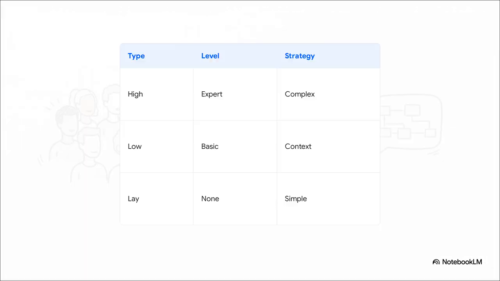Now, what's really interesting about this breakdown is how we handle varying knowledge levels. We just talked about the high-tech expert and the lay beginner. But right smack in the middle is the low-tech audience. They have some basic knowledge, but they don't understand the deep technical functioning. Think of it like a software engineer writing an email to an accountant in the same company. You have to explain technical terms, sure, but you don't need to explain basic company operations.